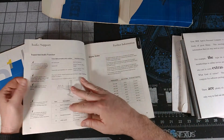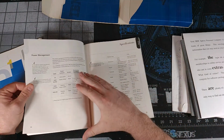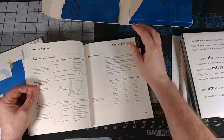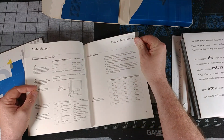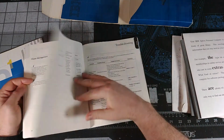Positioning information, information on the supported display modes of the MM75, which in this case will go up to 1024 by 768 at 85 hertz. Nice. I thought that this supported 1280 by 1024 as well, but the manual says 1024 by 768, so I guess not. Dimensions information,